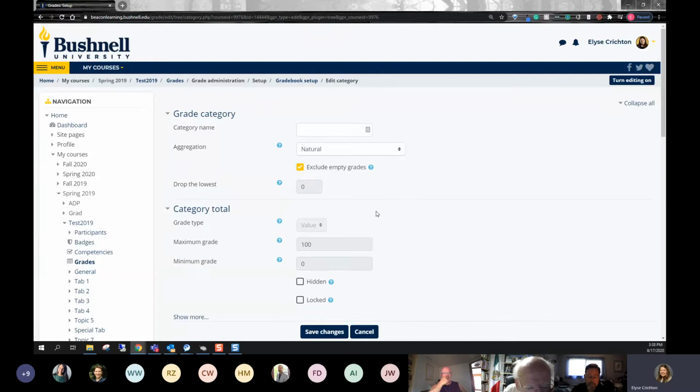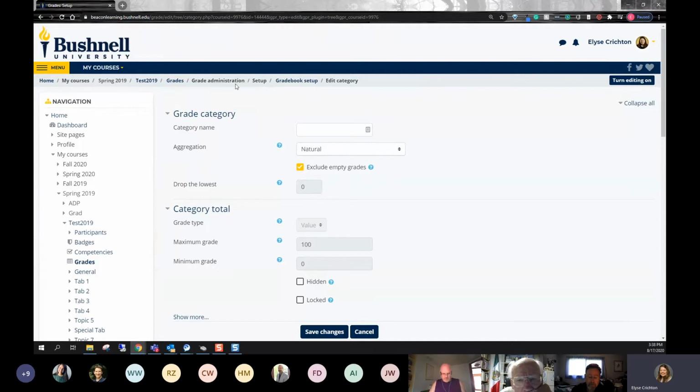If you leave it checked, however, a student could start with an A and then, as the course progresses and they stop turning in work, it could go down to a C or an F or whatever. So either you leave it checked or you leave it unchecked. It's up to you as an instructor, but really communicate that expectation clearly with your students. And again, if you leave it checked, put in zeros for your grades that are late or missing. Does that make sense? Yes, I'm seeing head nods.